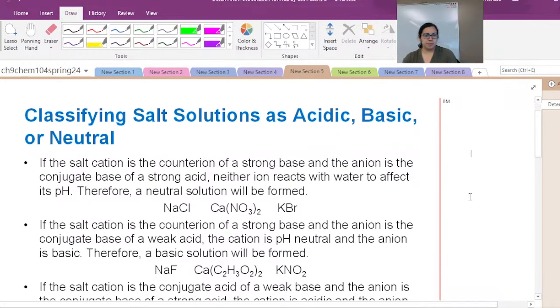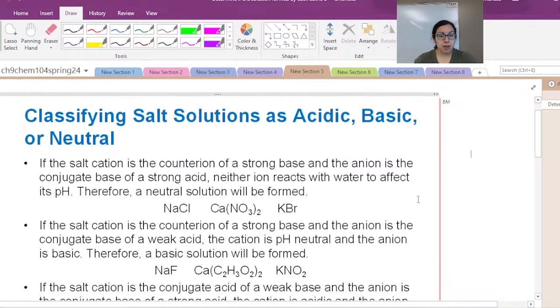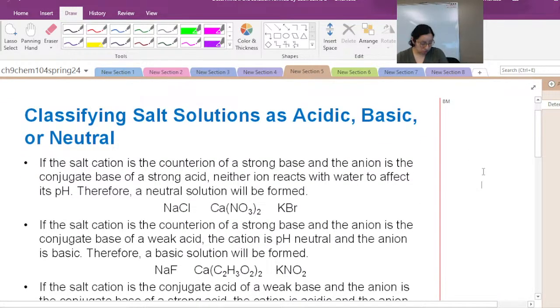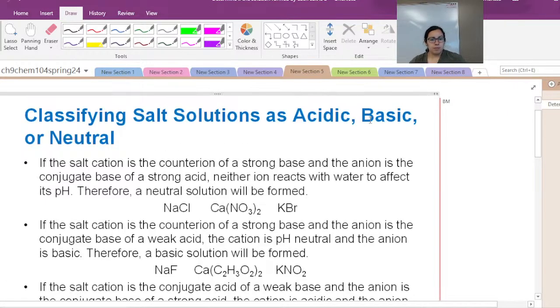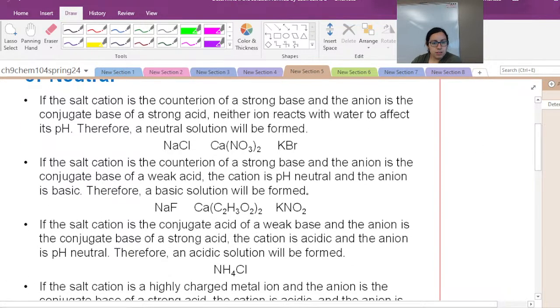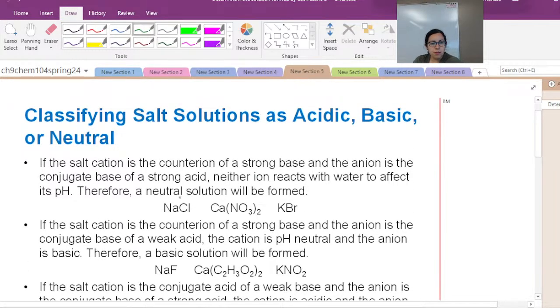Oh, this is important. So now this is classifying salts as acidic, basic, or neutral. And so we should run through this and look at what it's saying. So the first one says if our salt cation is a counter ion of a strong base,